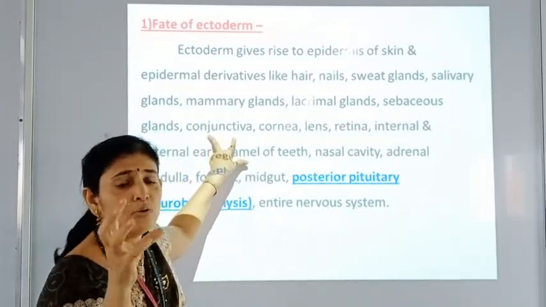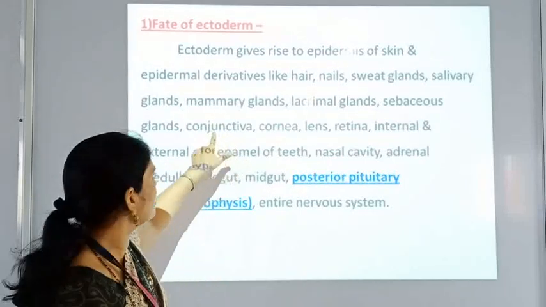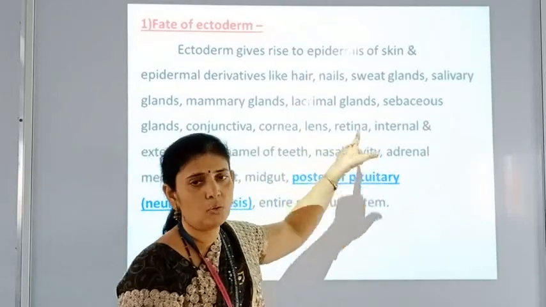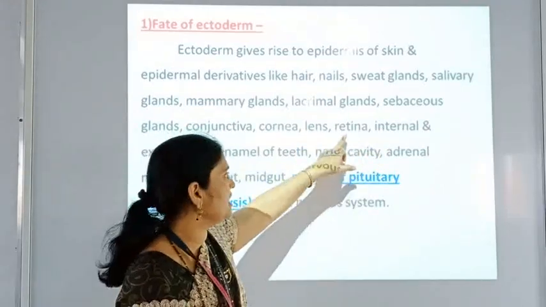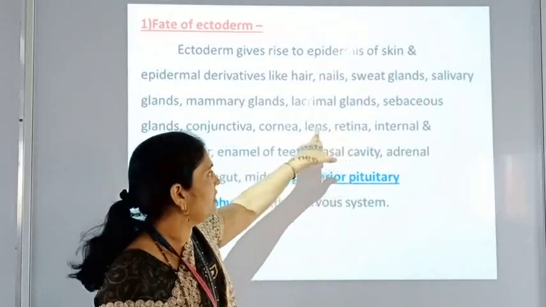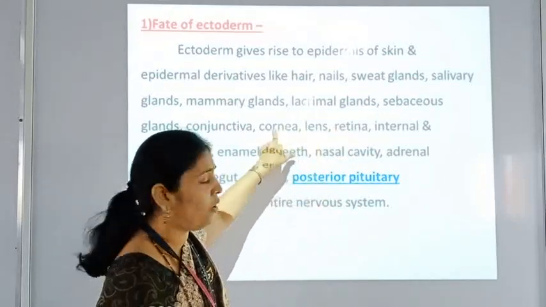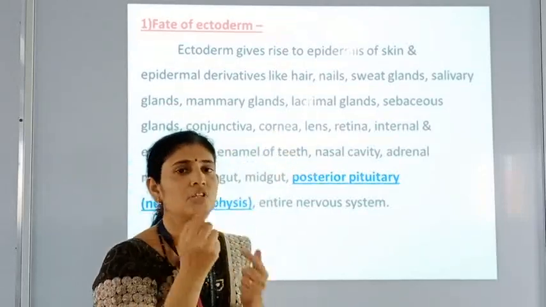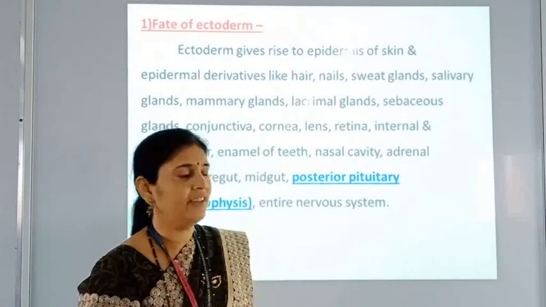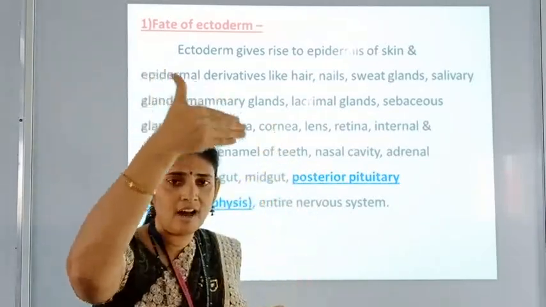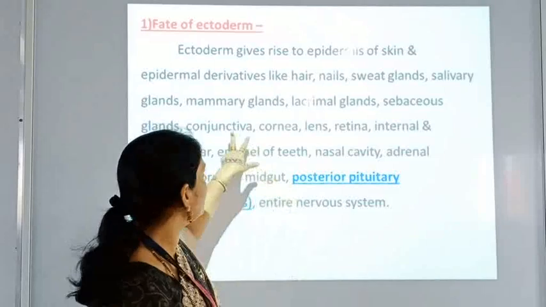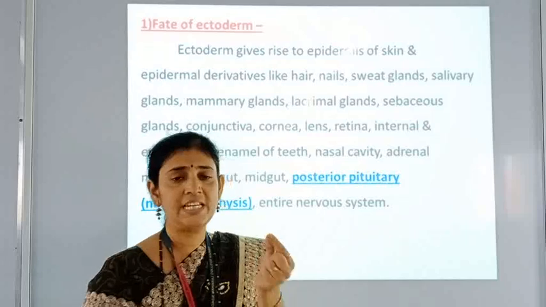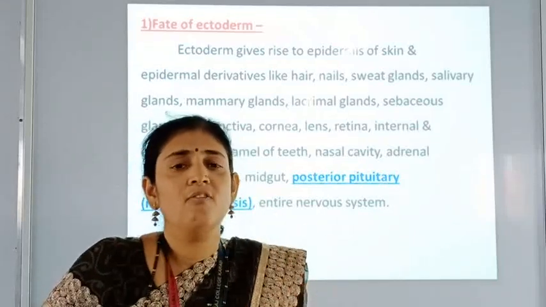आपल्या डोळ्यातले कोणते कोणते पार्ट्स तयार झालेले असतात हे ectoderm पासून, तर कंजक्टिवा, कॉर्निया, लेन्स अँड रेटिना. So in our eye, retina is the innermost layer of our eye, the lens is present and cornea. That is the outermost region, sclera, and that sclera's extended portion in front of our eye, that region is called a cornea, and around the cornea one layer is present that is called a conjunctiva. So these are the four different parts which are present in our eye and these are derived from the ectoderm